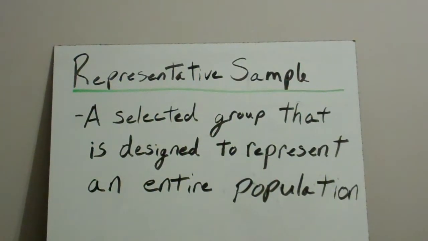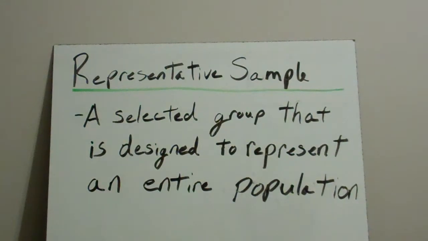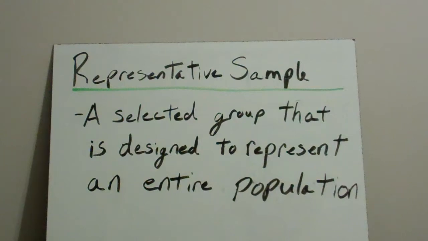Hello, this is for the data unit, and we're going to talk about representative sampling. When we're talking about statistics, we are trying to get information about or from a specific group. But it is generally impossible for us to get information about every single member of that group. So what we do is we look at a smaller group and then apply the information we get to